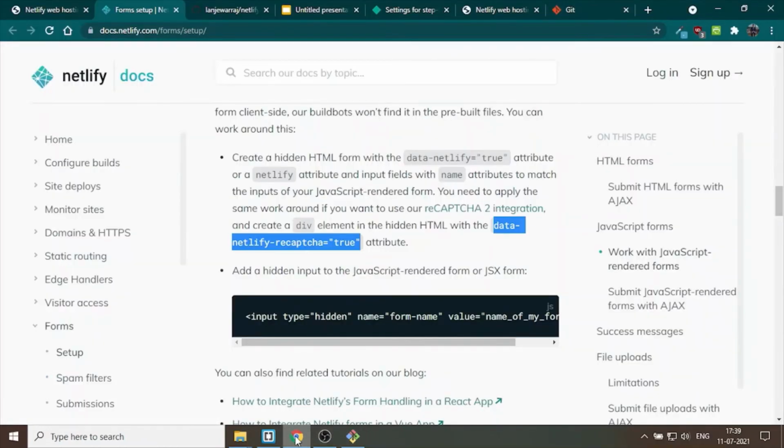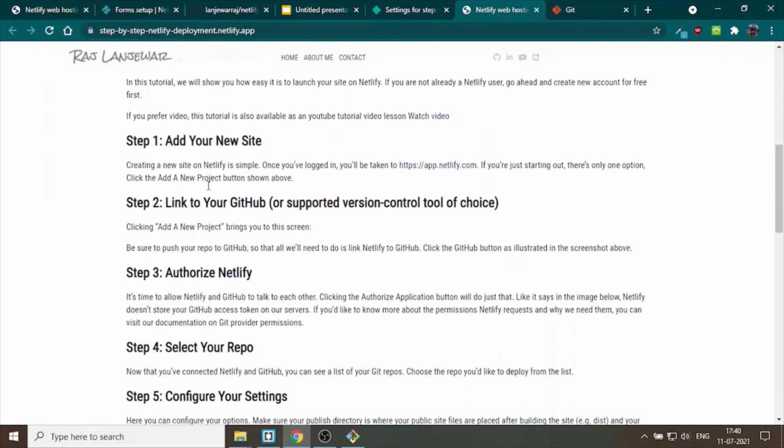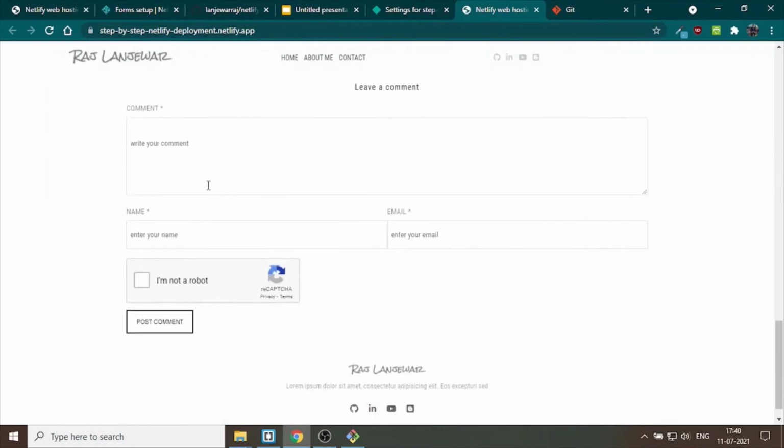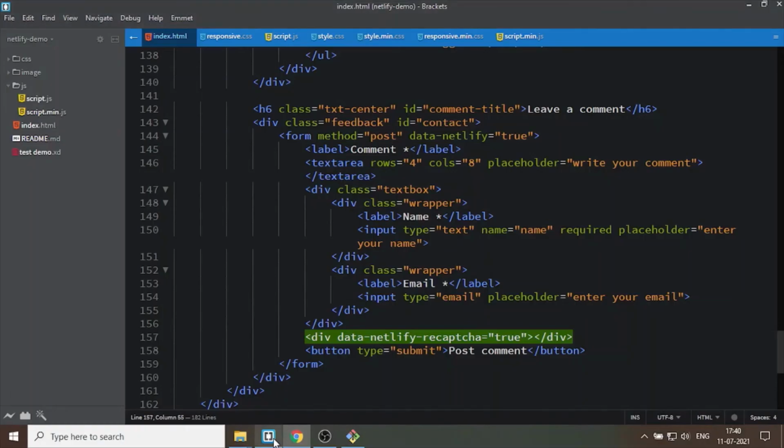If I refresh my hosted website, the changes are made here. As you can see, this reCAPTCHA is added because of the data-netlify-recaptcha equal to true.